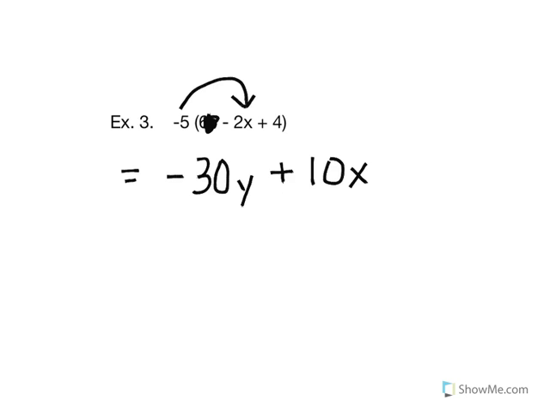Again, if you'd like to cross off that -2x, we're done with that, and now our -5 is going to distribute on the 4. Negative times positive, and 5 times 4. If we go back